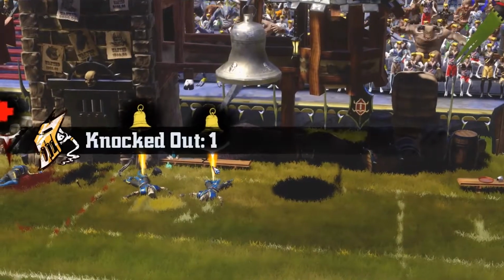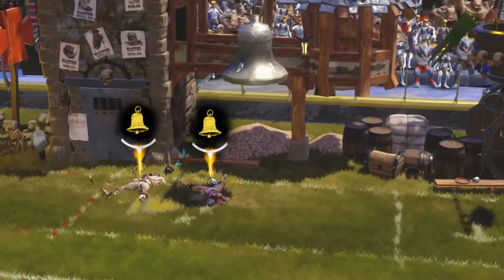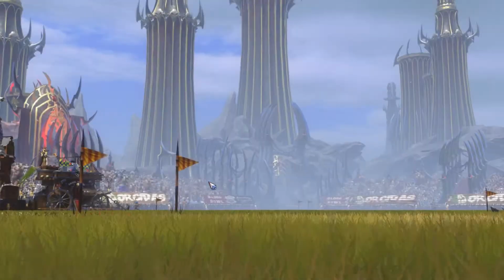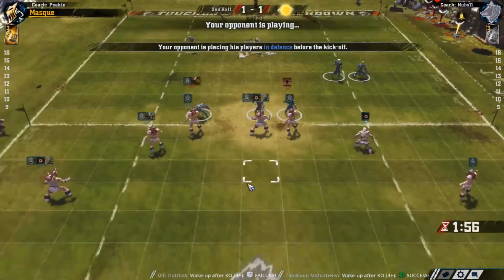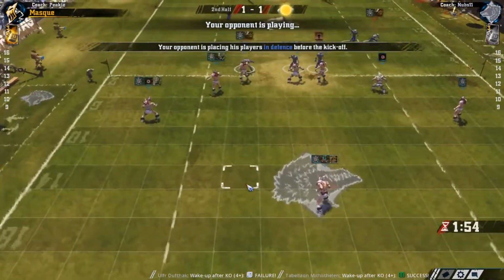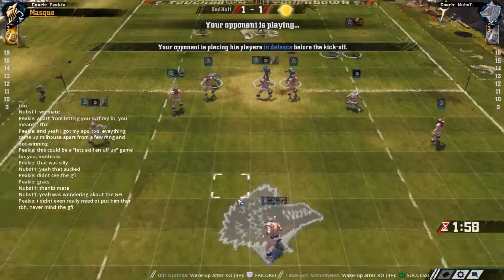So really good, really good half overall, after the early setback of the touchdown. Alright, so he gets one back. I'm hoping that my Elf comes back, at least. Or no one comes back, it's fine. That's alright, we still have the numbers advantage, but an advantage nonetheless. And we're receiving the ball, so...